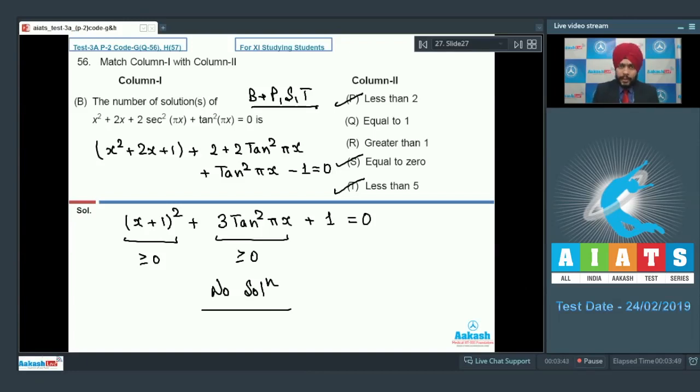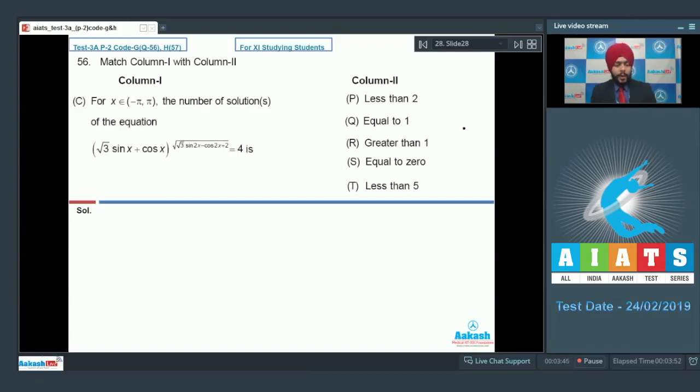Okay, let us move on to C part. C part says that for x belongs to minus pi to pi open interval, the number of solutions of the equation root 3 sin x plus cos x whole raised to the power under root of root 3 sin 2x minus cos 2x plus 2 is equal to 4. Students, let us assume it as a raised to the power b first of all. Okay, so what is a? A is root 3 sin x plus cos x,